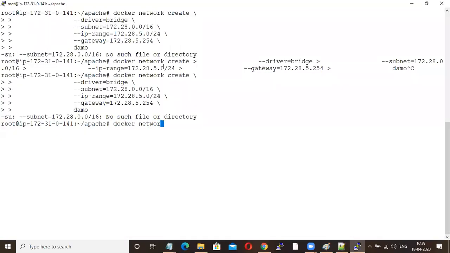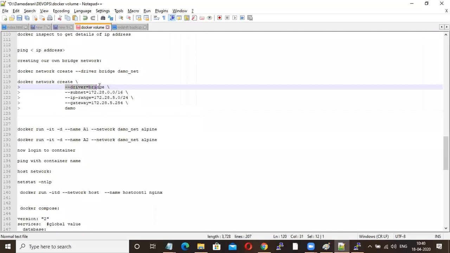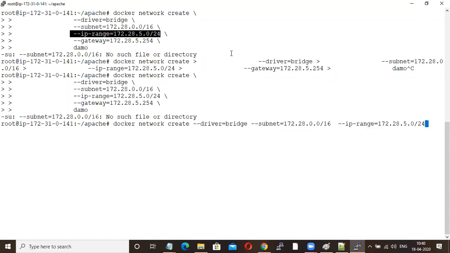Docker network create, in this subnet, in this IP range, in this gateway.